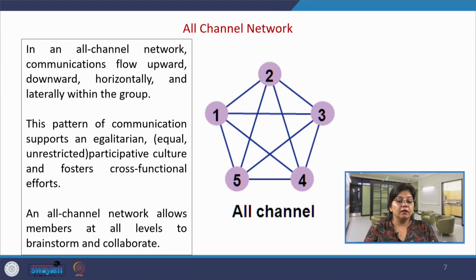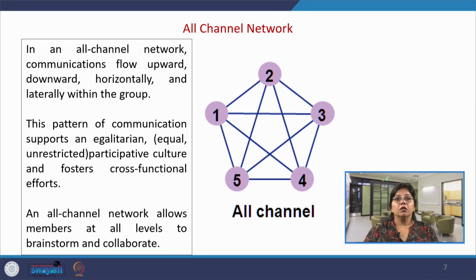The other is all channel network. This is the most common form of communication network in organizations, especially in this time because of globalization, where all the members tend to transfer information, and the information also flows upward, downward, horizontally and vertically within the group. So, it is like one can share information with 3, 3 can share the information with 2, horizontally, vertically, upward